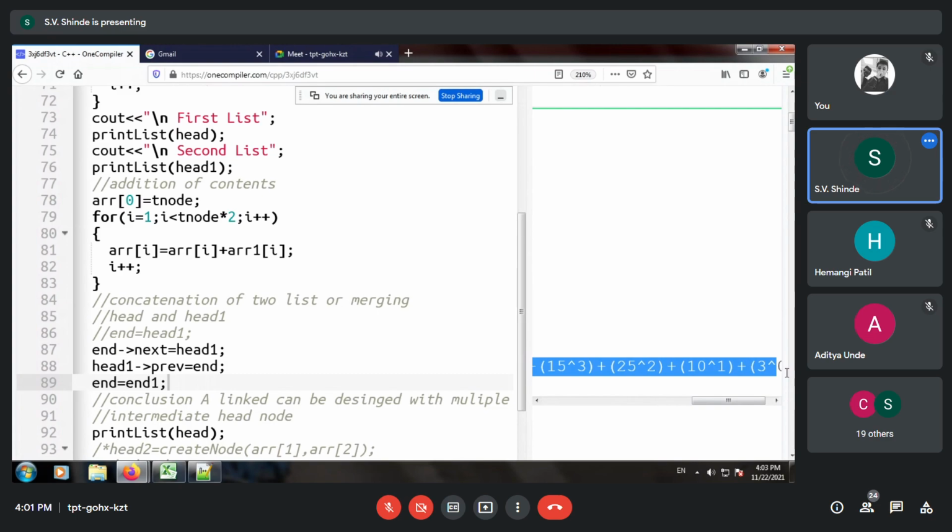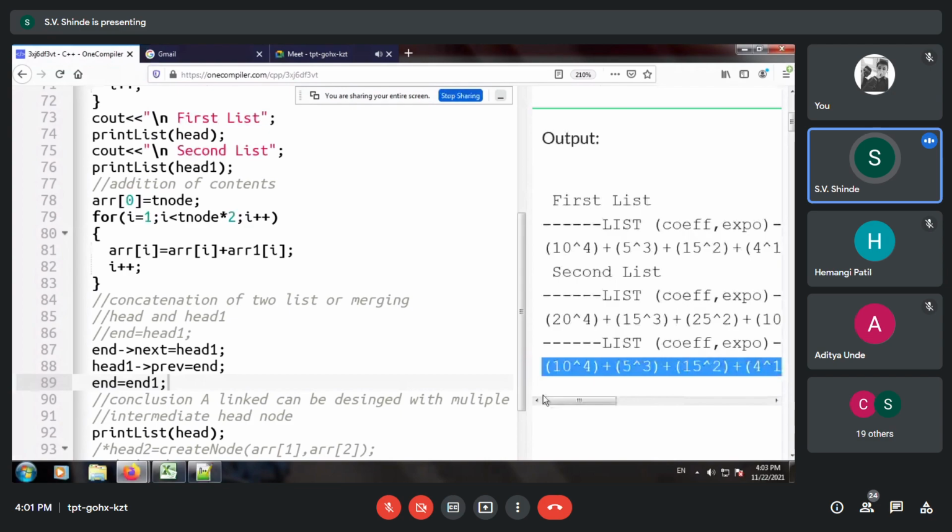So appending two lists or concatenation of two lists is very easy. Only a few statements are there.